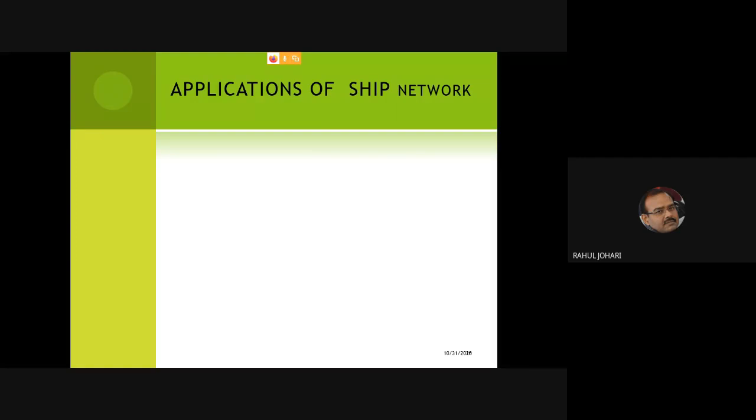Now let's look at some of the applications where we can apply the ship network, because we have seen the theoretical concept of it. How does a message exchange take place? But what do I do? Where do I take these? So first, a good example is a network of nodes installed on the city buses running in a town.